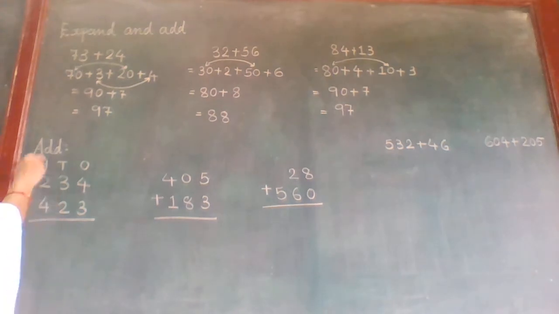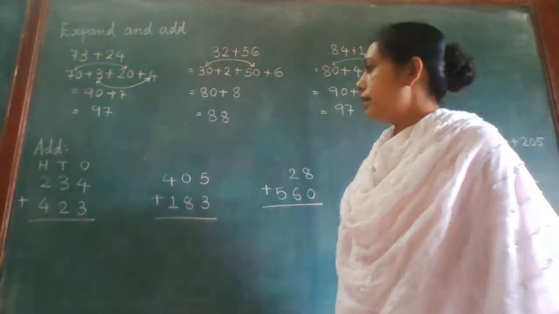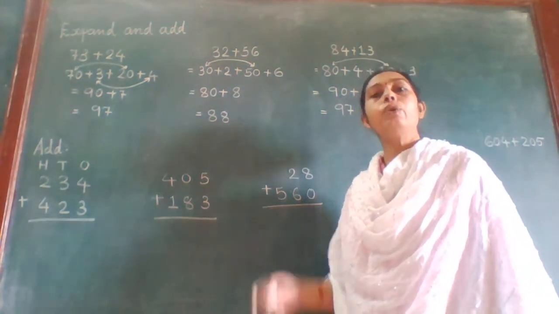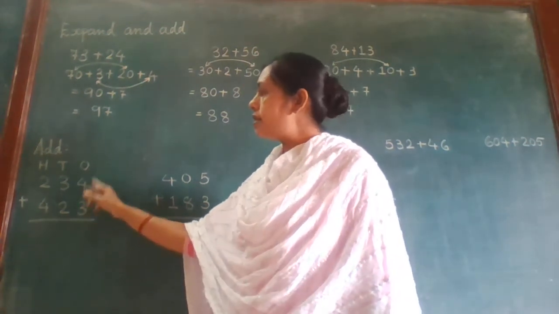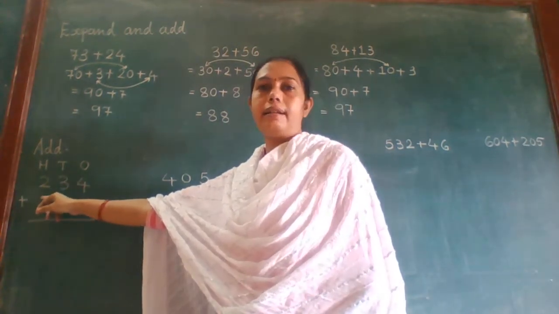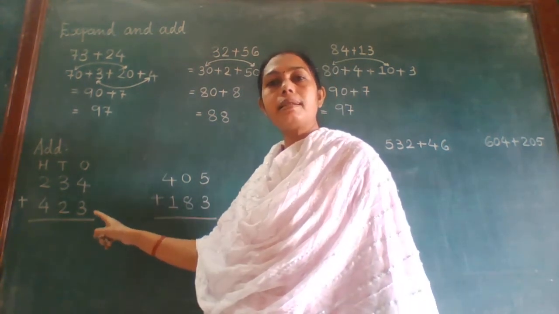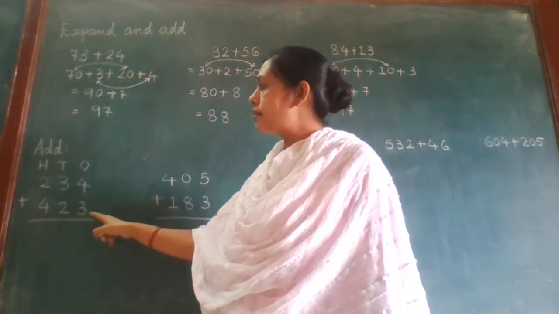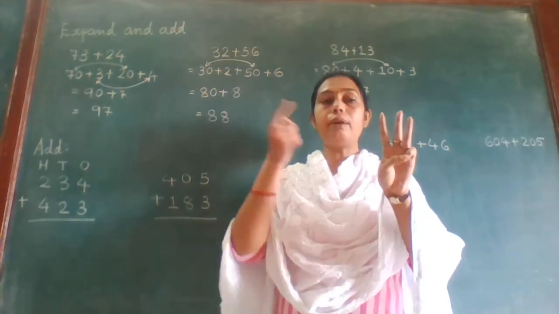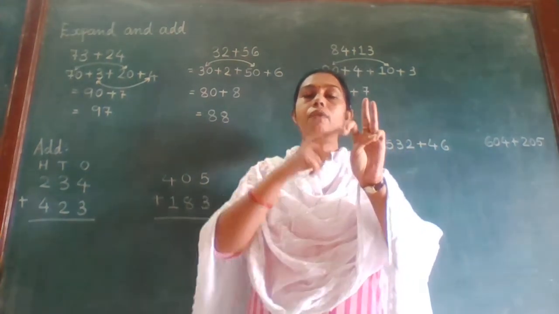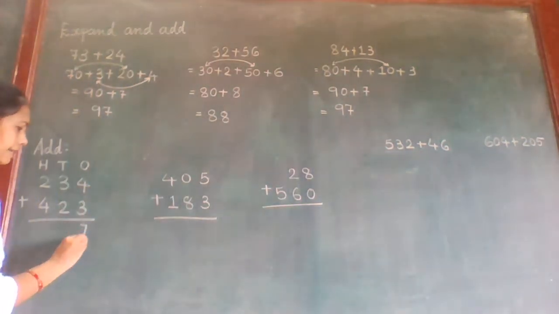Now we see addition of 3-digit numbers. In the last class we have seen addition of 2-digit numbers. Today we see addition of 3-digit numbers, means ones, tens and hundreds. Okay. So first of all we start addition from ones place. So 4 plus 3. 4 keep in your mind. Take 3 fingers. After 4 you have to add 3 fingers. So after 4, 5, 6, 7. So here 4 plus 3 we get 7.